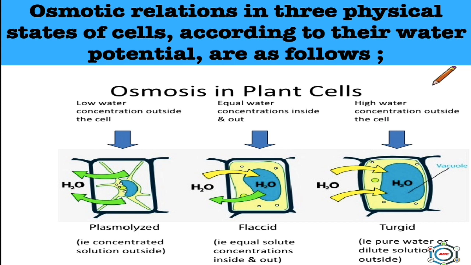Water potential here means osmotic potential plus pressure potential. Water potential is denoted by psi. So, psi W means psi S plus psi P, which means osmotic potential plus pressure potential. A cell at full turgor has its osmotic potential and pressure potential equal but opposite in sign. Therefore, its water potential will be 0.